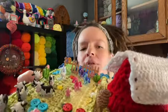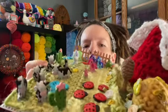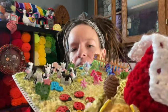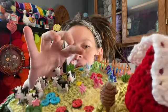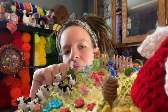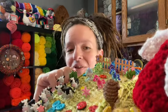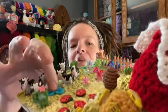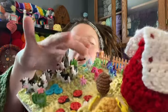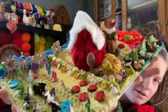These are all of his animals he has in his little, we'll call it a corral. There's a fence, you know. He has some cows, and there's a unicorn and a dragon and some little multicolored horses that look like My Little Ponies. This I thought could be their water, and then they have cacti growing in there. And then also I figured they could corral ladybugs because it's a magical village. Why not? So this is their